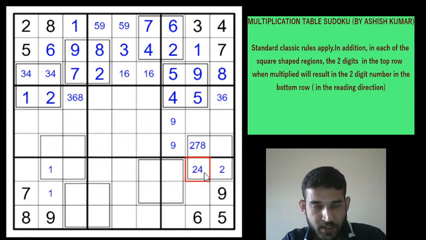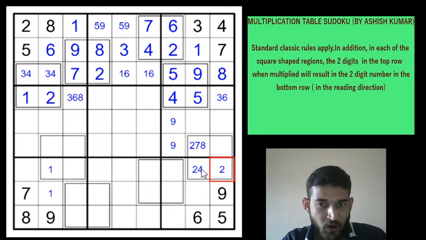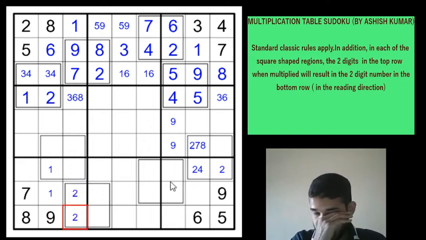Now let us think with the 2 here. So either way, one thing to remember is that 2 will be in one of these two cells, right? The common logic, because when you have a 4, the only possible digit is 2, and now if it is a 2, then it means that 2 will be in one of these two cells. So that removes 2 from row 7, column 1 and column 2 have 2, so 2 will be in one of these two cells, right?